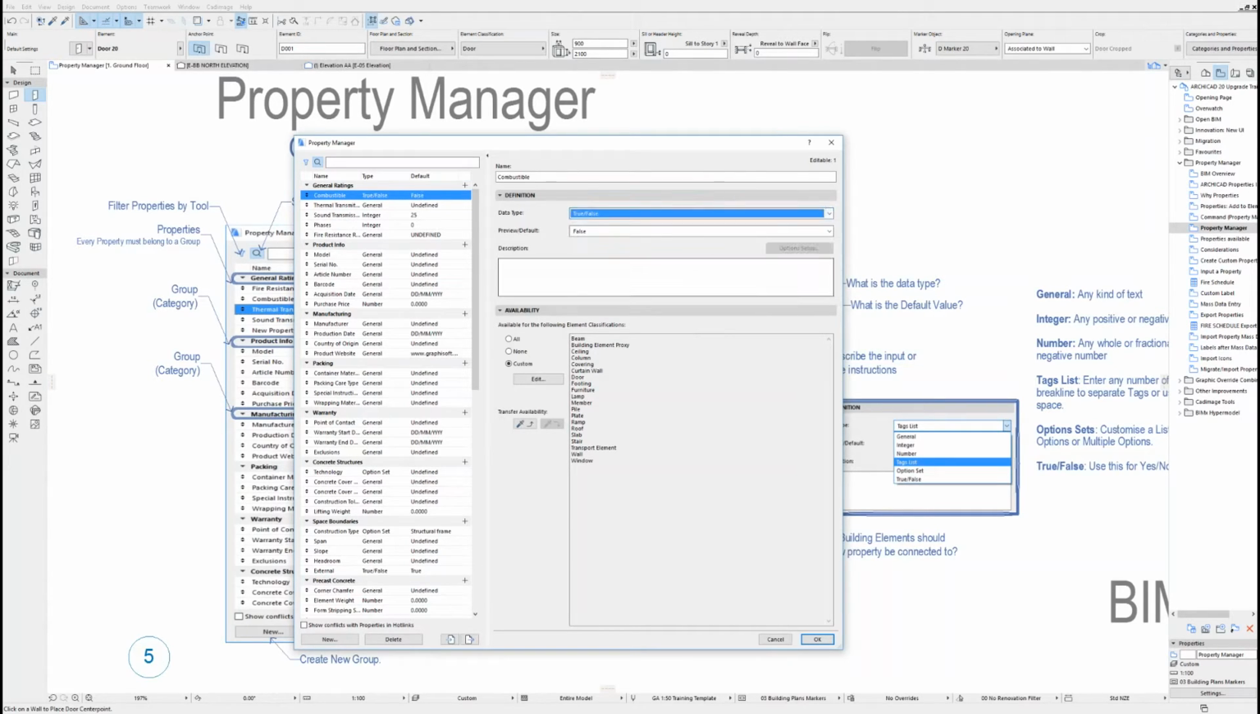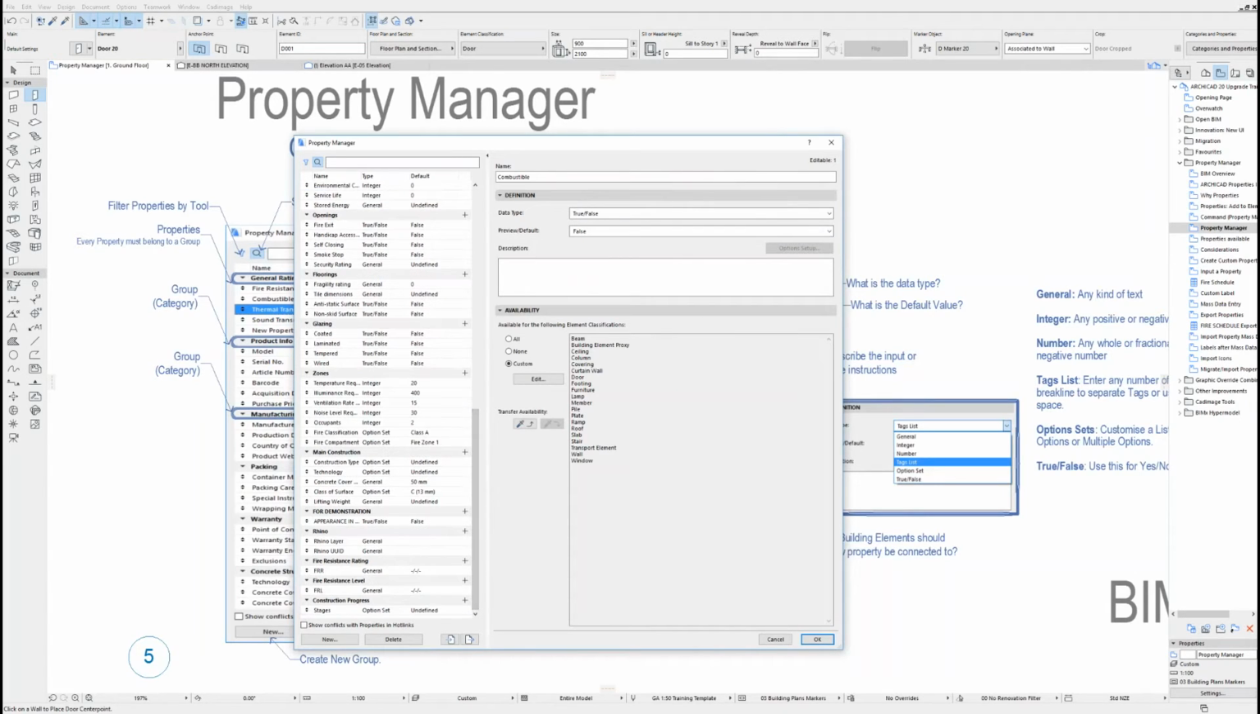Finally, I have the true-false statement. So you can use this property tool in very different creative ways. There's one property that we created after our upgrade training sessions in Wellington earlier this year, and it was very interesting